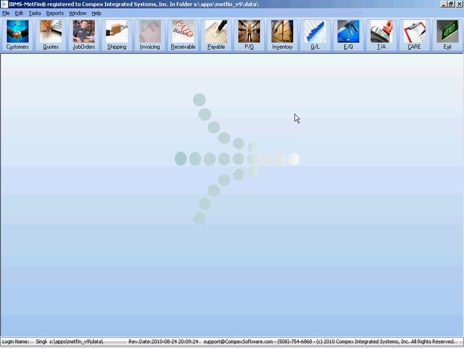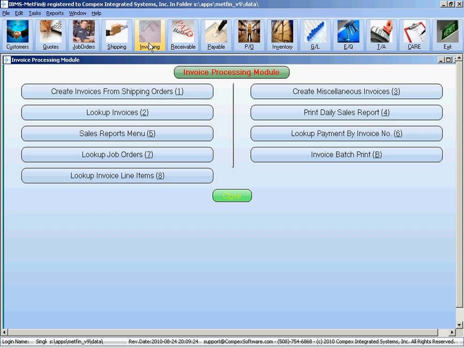Hello again. In this video, we're going to show you how easy it is to create invoices from shipping orders. The idea of turning shipping orders into invoices is a one-to-one relationship, that is, for each shipping order in the system, it creates a corresponding invoice for it. It really is to ensure that you bill your customer for each shipment of their parts. This is to simply ensure that you don't lose any money, that is, parts ship out but with no invoices